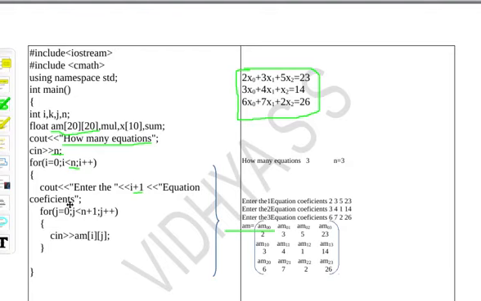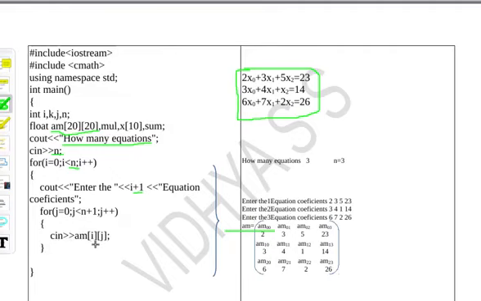Each time I am taking the equation and storing it in AM[i][j]. The j value has to start from 0, and how many columns will there be? There will be n plus 1 columns, because in the last column I am adding the constant value. So in total I will have n rows as well as n plus 1 columns. So the i value will go from 0 to n, and the j value from 0 to n plus 1, since n plus 1 columns are there.